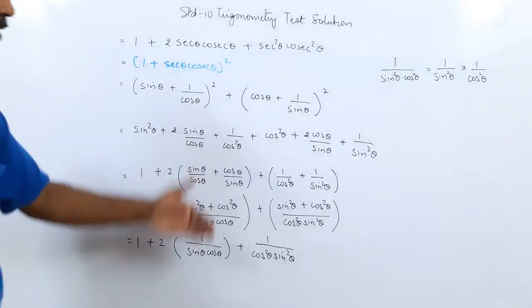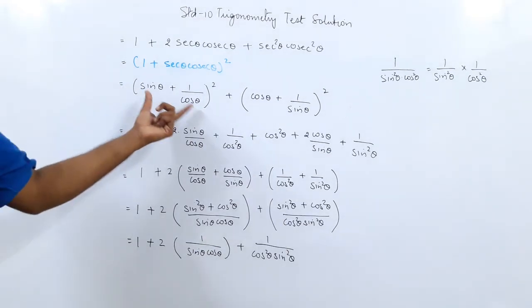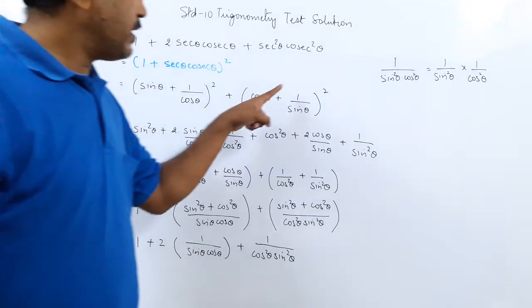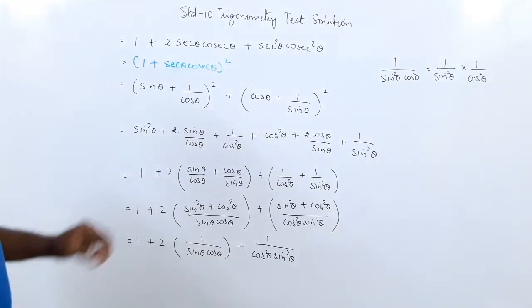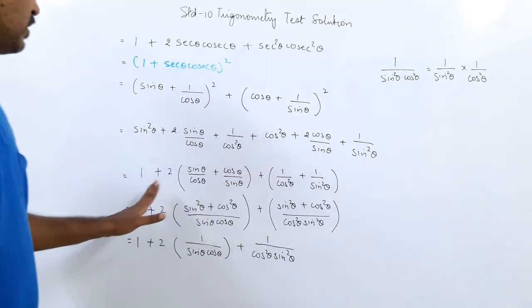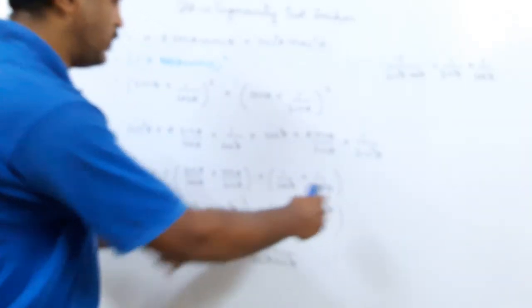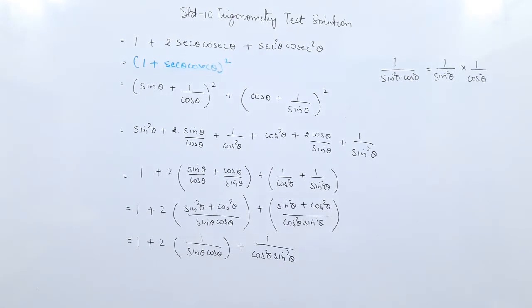So making it into sin and cos makes our step easier. But look here, after we did this step, writing sec theta as 1 by cos theta, writing cosec theta as 1 by sin theta, I first expanded both the brackets. Then I did sin square theta plus cos square theta equal to 1. In these two things, I took out the 2 common and wrote here, and here I took this in a separate bracket. Then I did the LCM here, simplified it and got the answer. So this is how the 9th sum was done, and it carried 4 marks.